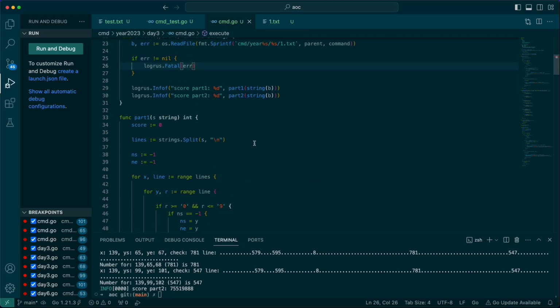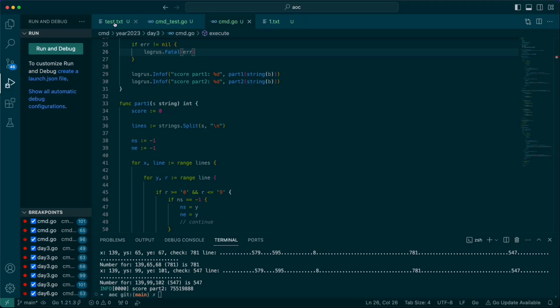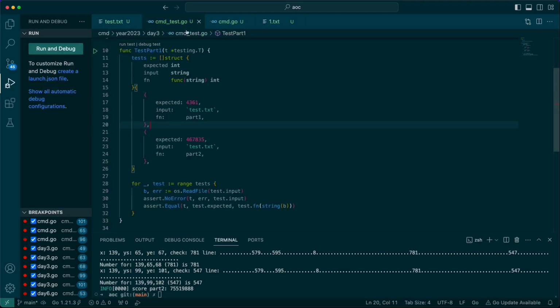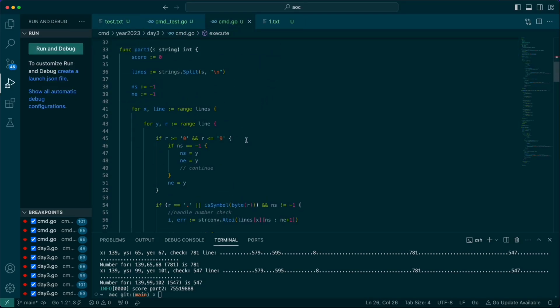Based on our first part, the first problem was to look at this test input and only consider certain numbers, and certain numbers were only considered to be valid numbers if they were surrounded by an adjacent symbol. So adjacent meant anything that was above, below, to the left, to the right, and on the corners. So basically a square box around the number. And so I went through a few iterations of that, but effectively the way that I solved that was, let's